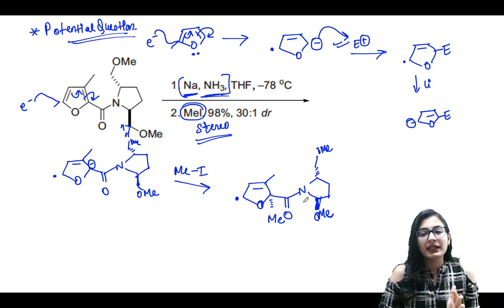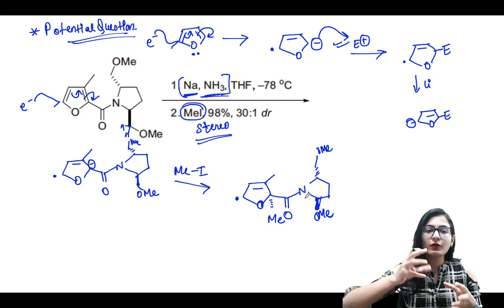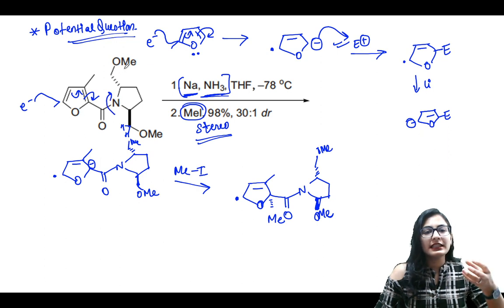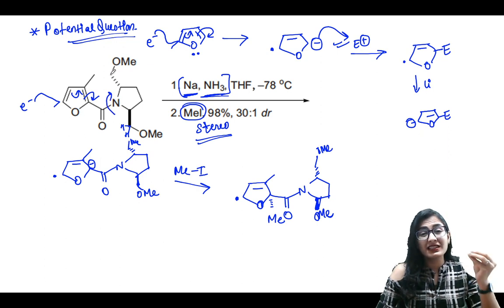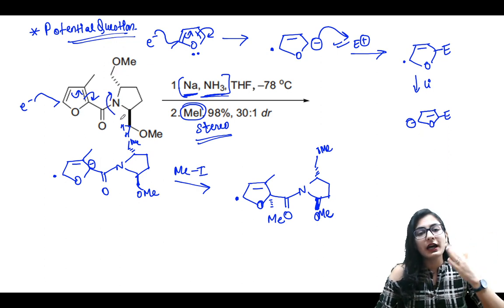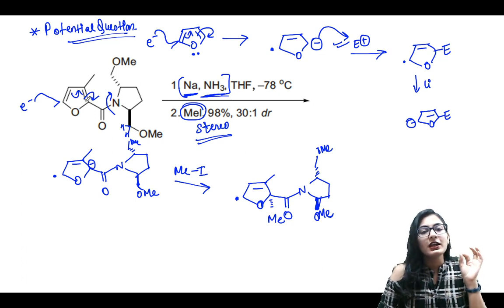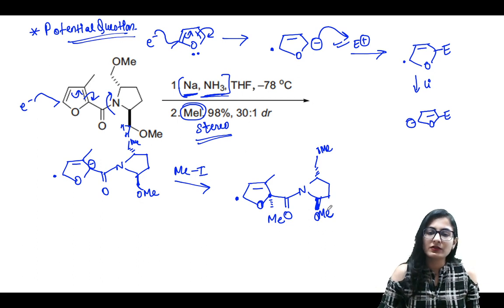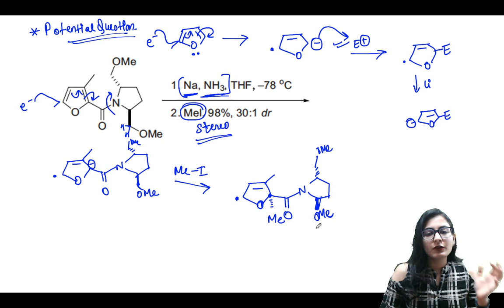No, it does not happen like that, because this is an amide linkage. If you want to rotate this bond, the methoxy group, or let's say the CH2OMe, is going to come above the plane. After rotation it comes above the plane also. So basically the stereochemistry at this carbon is going to be below the plane, influenced by the group present which is closer to it. And it is always above the plane, even if you are doing rotation.